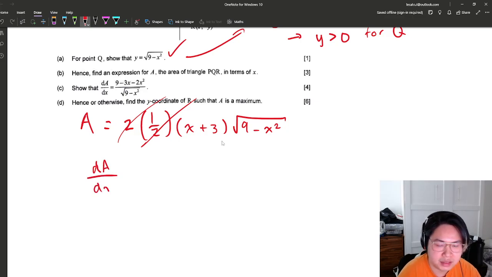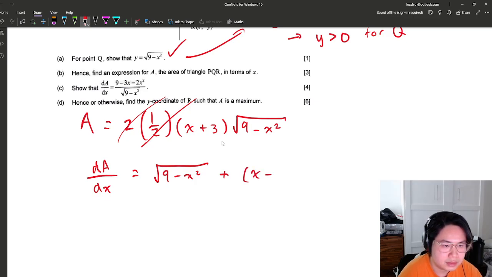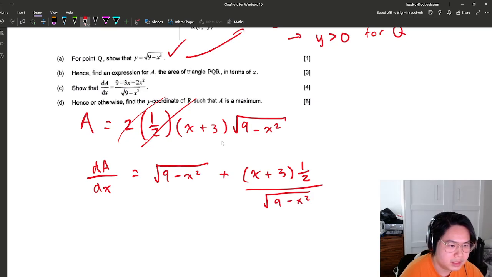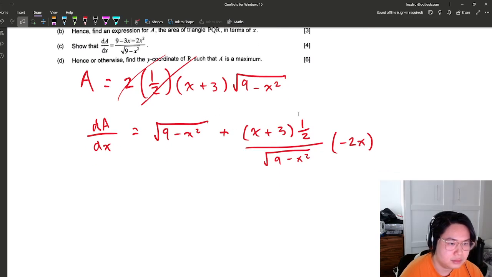next up, take the derivative. Okay, this is just a pretty straightforward product rule. That one, and then take the derivative of the square root one. So that's 1/2. How do I write this? I'm gonna write it underneath. And then chain rule, -2x here. Okay, so